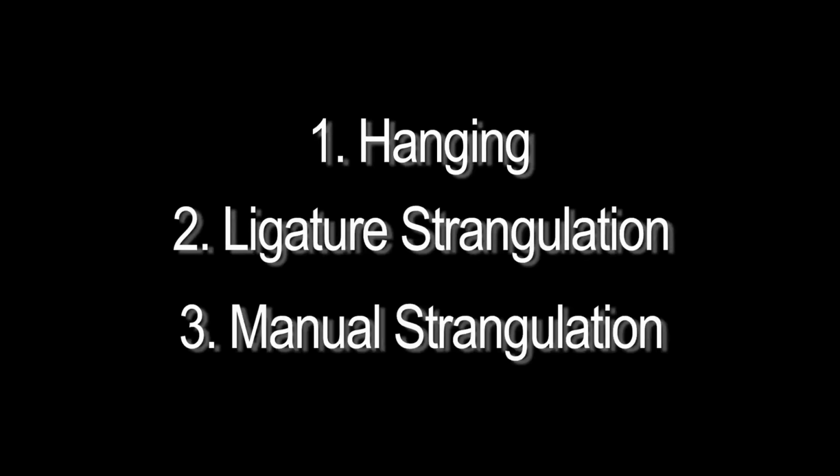The next technique I'll be discussing is oxygen deprivation. There are many ways to perform this technique, but I'll be discussing the more common methods of strangulation. Oxygen deprivation occurs when the body can no longer receive the proper amount of oxygen it needs, and carbon dioxide begins to overburden the blood cells. The three types of strangulation are hanging, ligature strangulation, and manual strangulation.